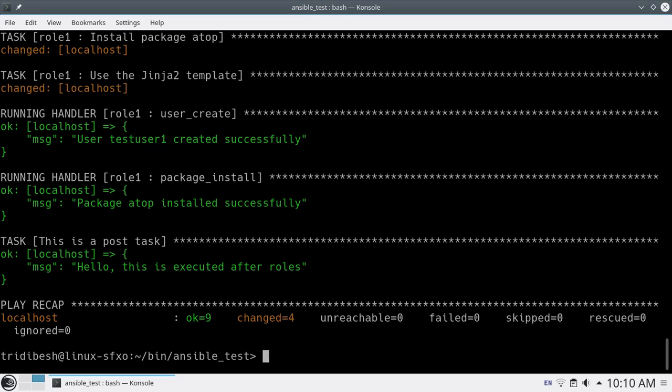So like this, very easily you can create your own custom roles, write your own code, and add that role or easily use that role in your playbook. Also this helps you make more portable code. You can share the entire roles folder, just make it a tar file and send it or share it with your friends or other projects so that they can also easily use it without much modification.